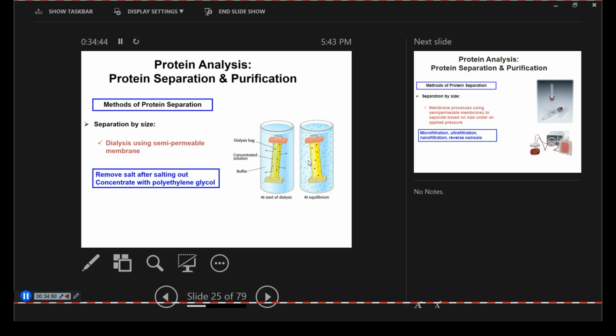Okay, but in the laboratory setting, do you know what it's used for? Anybody would like to explain dialysis? Go for it, Rachel. Dialysis is a semi-permeable